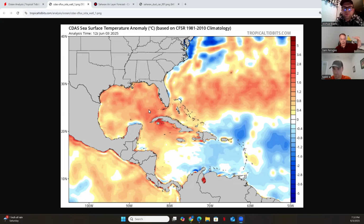But if you're up high enough and far enough from the coast, because the storm surge only goes so far inland, and we look at these maps and it looks like the island is just a line, it must be completely underwater, and it's not. When you take a look at the SLOSH model that the Hurricane